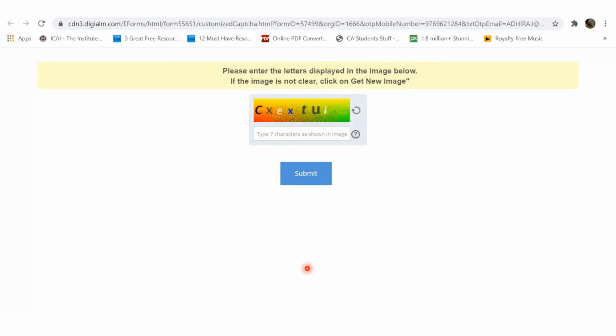Immediately the OTP is not sent. Again the institute is asking you to fill up a CAPTCHA. This CAPTCHA will be coming. Now there is no guarantee that your CAPTCHA will be exactly the same as what is seen on the screen. Every time the CAPTCHA will be changing, and that CAPTCHA is required to be typed in the place provided here. If you find that the CAPTCHA is difficult for you to read, then you can ask for the next CAPTCHA, a reCAPTCHA, and then you can type that particular thing and hit the submit button.